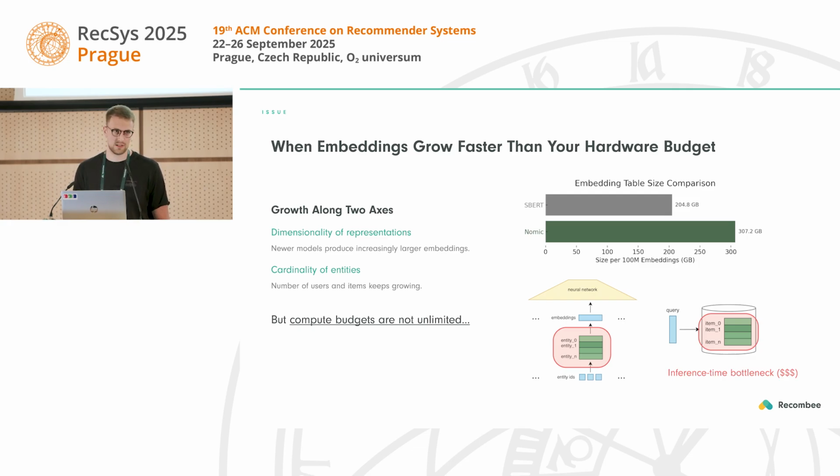If your task grows to situations where you have to deal with hundreds of millions or billions of entities, you might find yourself in a situation where even a routine operation like moving to a newer model that likes to produce bigger embeddings is a very costly operation and really hurts your infrastructure budgets, especially infrastructure, because